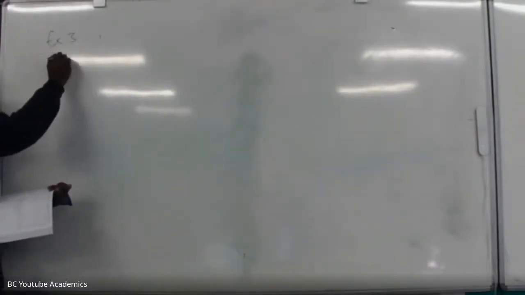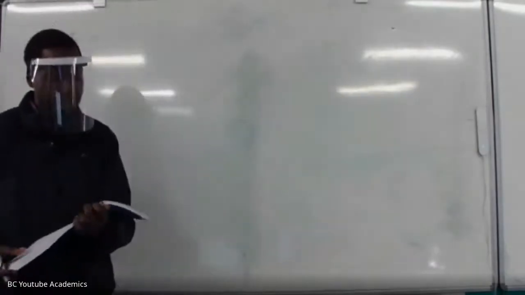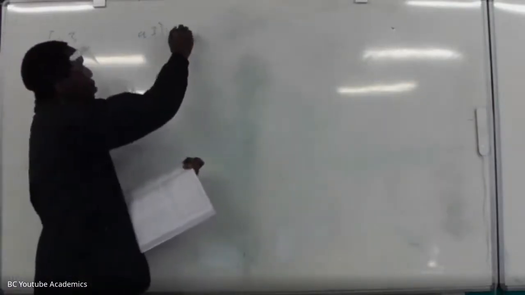Okay, right. So we're turning to exercise 3, page 122. So I'll do A3. A3 says 2 over 5